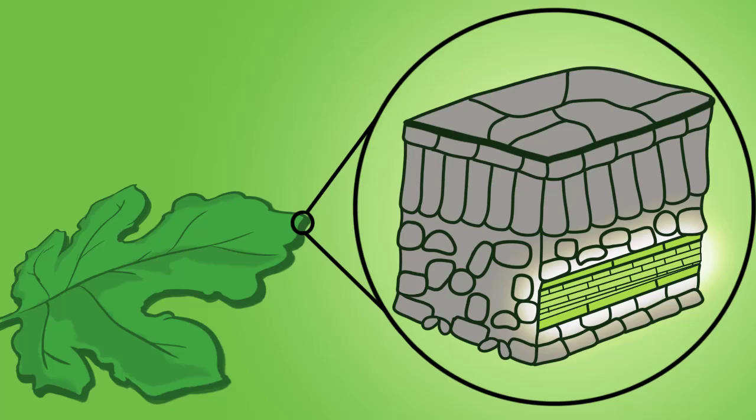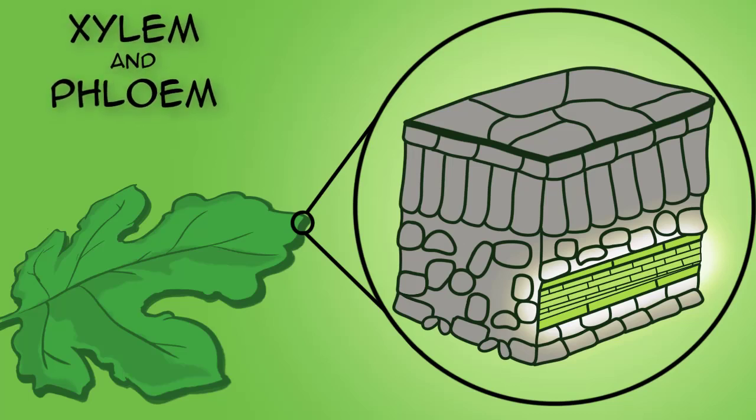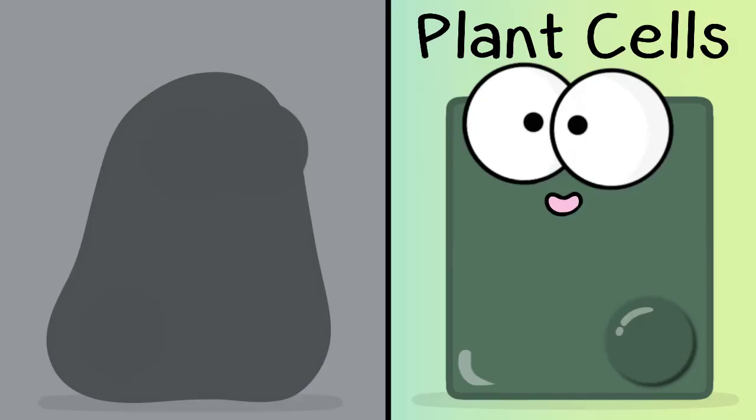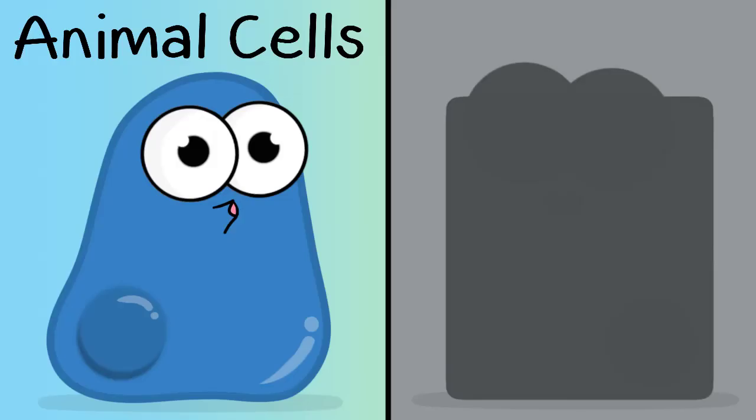This vein here contains the xylem and the phloem. We talk about these vessels in another clip, but the cells that make up these vessels are specialized for transporting water in the xylem or products from photosynthesis in the phloem. Okay, so we just saw a few examples of specialized plant cells. Let's take a look at